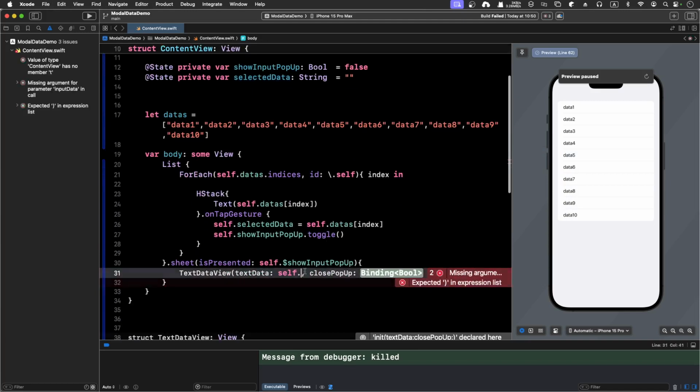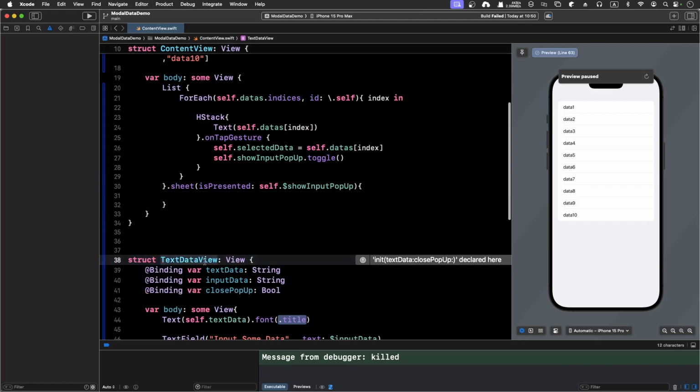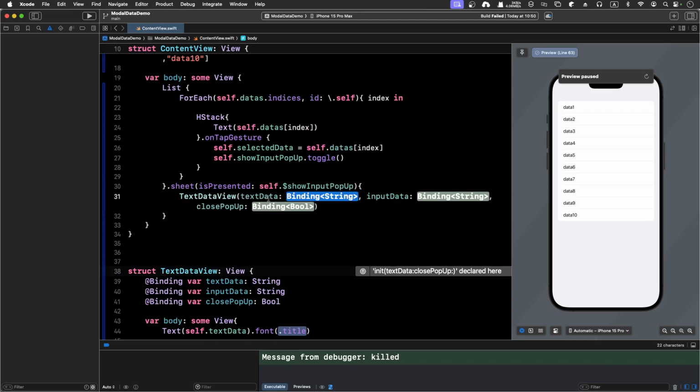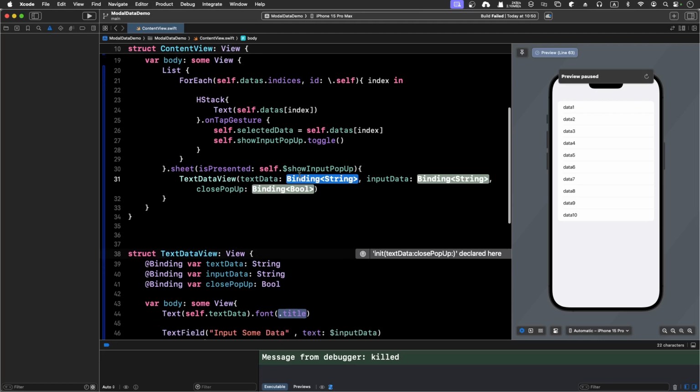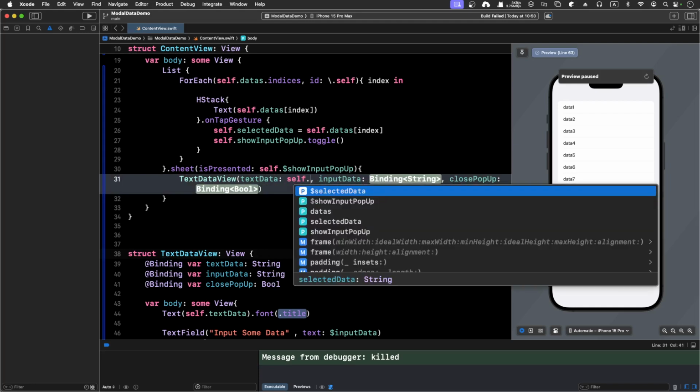So whatever you selected will be our text data to show, and then let's just use the automatic fix to get everything right, because I don't want to type all this here. So we got this text data, input data, as well as a close pop-up, and the text data will be a binding string. So I'm going to get this binding, so self dot, and the binding selected data will be show,